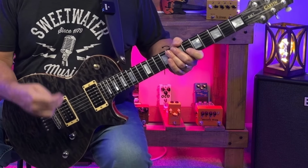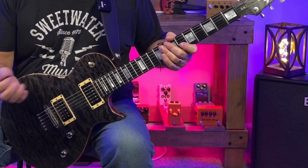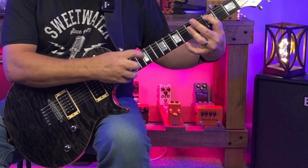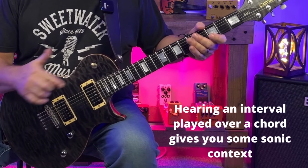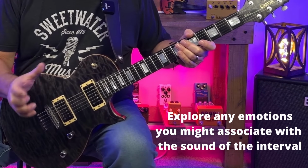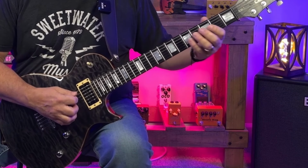Now, a great way to really get the sound of a scale interval in your head is to play it over the chord of the root note. In this case, it would be C major. Playing an interval over that chord gives you some sonic context, and it should also invoke some sort of an emotional response. For instance, when I hear D or the second played over a C root,